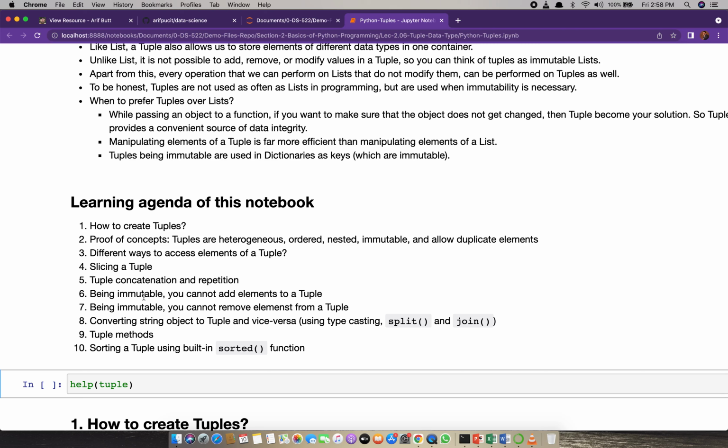And of course, being immutable, as I have already said, you cannot add elements to a tuple and you cannot remove elements from a tuple. And finally, once again, we will see, as we have seen in list, how we can convert string object to tuples and vice versa. We'll see few tuple methods, and finally we will see how we can do the sorting on tuples using the built-in sorted function.